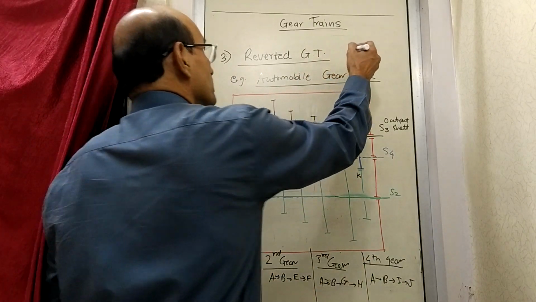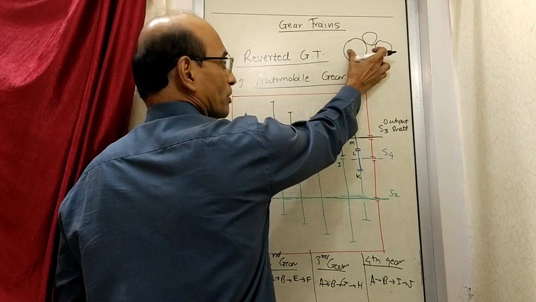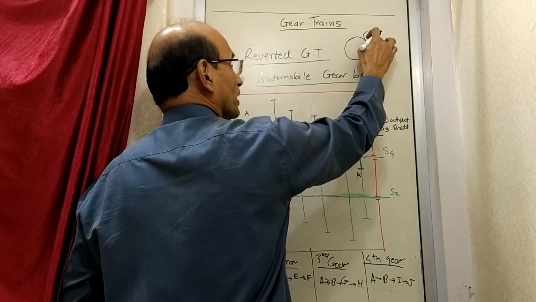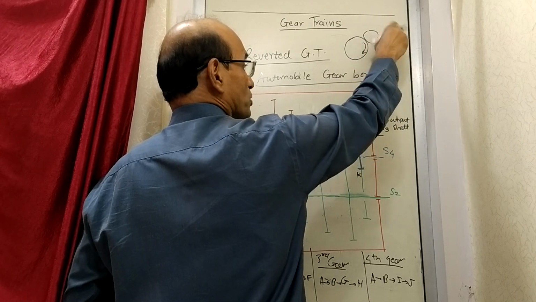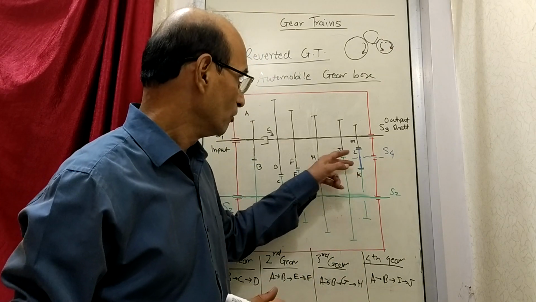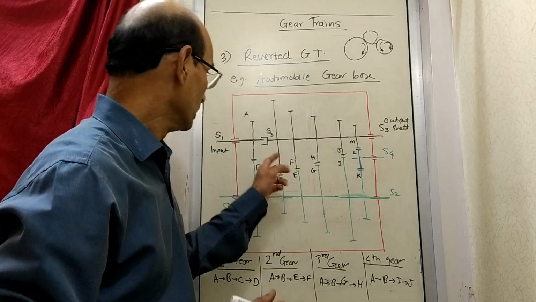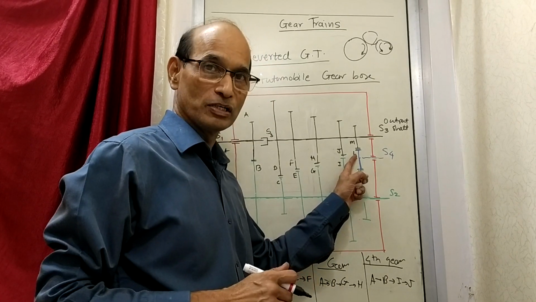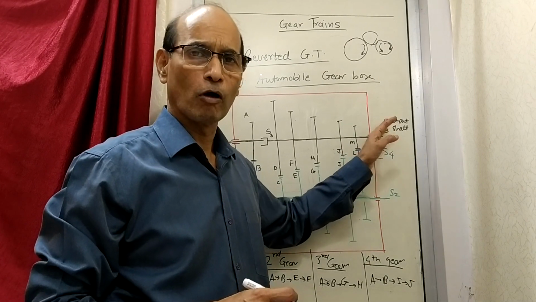If you recollect what was discussed last time, when these two gears were in direct contact, this was clockwise and this was anti-clockwise. But when you add one more gear, clockwise goes to anti-clockwise, anti-clockwise to clockwise, so the direction has changed. The direction of this gear has changed because you have introduced one more gear in between. So when you introduce this gear here, the power is going to go from A to B, B to K, K to L, the additional gear, L to M, and then out.